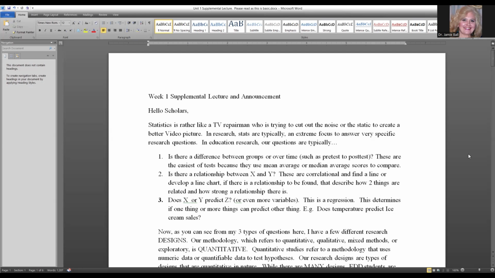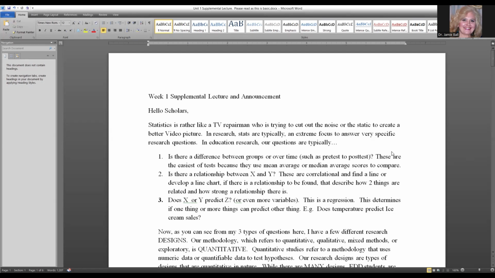and their structure. So statistics is rather like the TV repairman who comes to fix the TV and cut out the static so that you can get a better video picture. In research, that's what statistics are doing. They're extremely focused and they're cutting out the static so that we can get a better picture of what's going